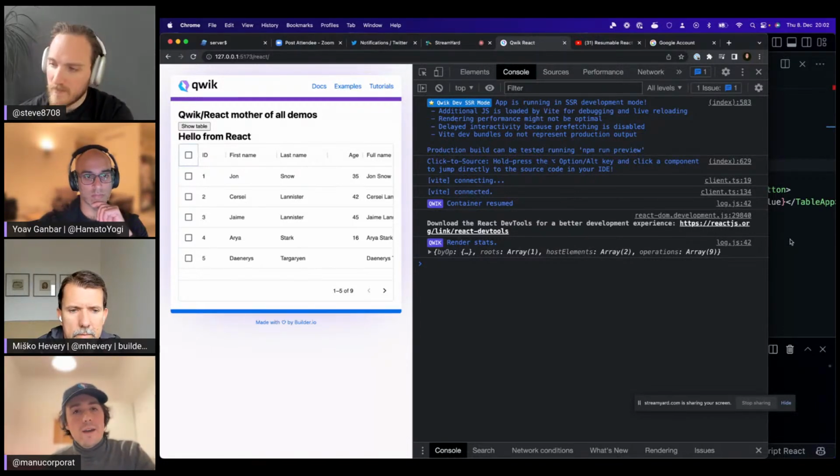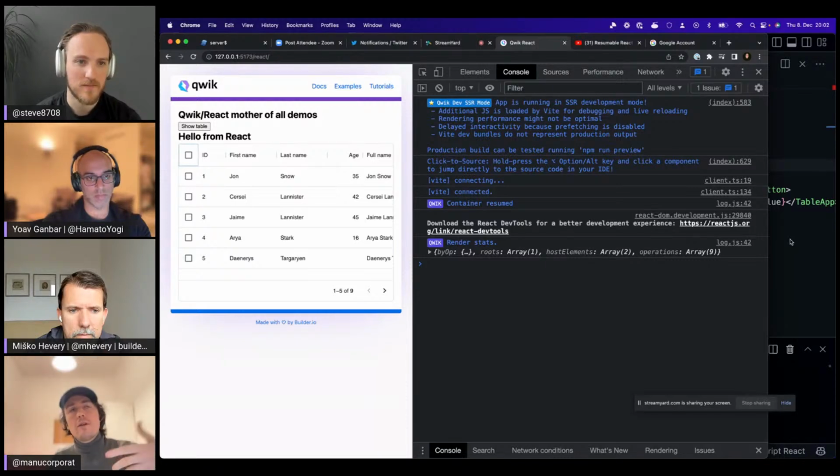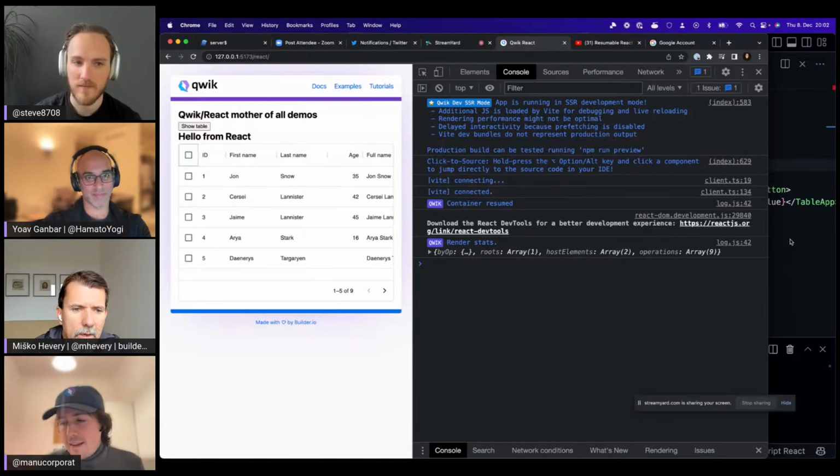Like, oh, I cannot do this because there is no data table thing for Qwik, right? But I think the philosophy is, well, you eventually will get all the benefits if you actually make Qwik components, because with Qwik components, nothing will hydrate. There will not be any point where you have to say, well, run this when it's visible. It will just naturally work, right? And that's kind of the first philosophy.